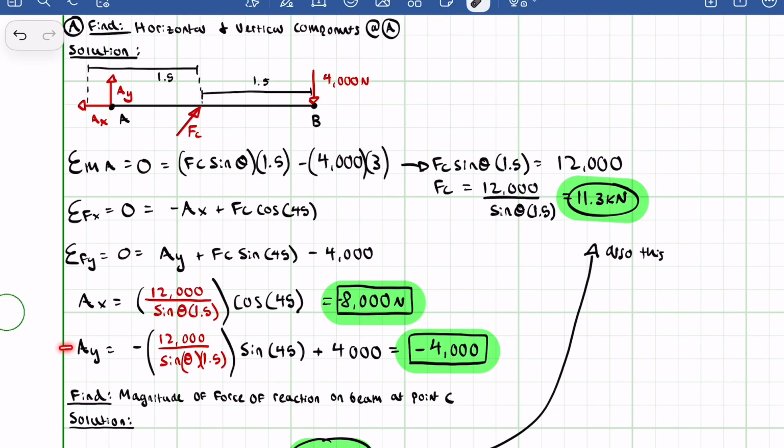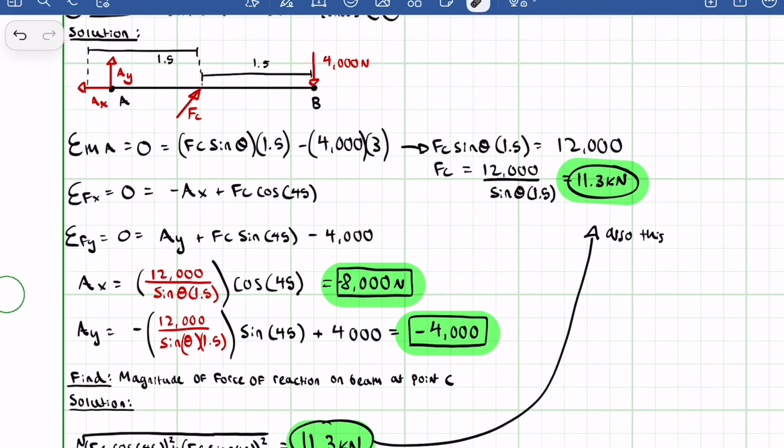Because AY turned negative, I multiplied out that negative through everything. So it's plus 4,000 newtons, and that would give you the answer of negative 4,000 newtons. So to recap, sorry that was a little unclear, because I forgot I multiplied out that negative all over here. Rearranged this